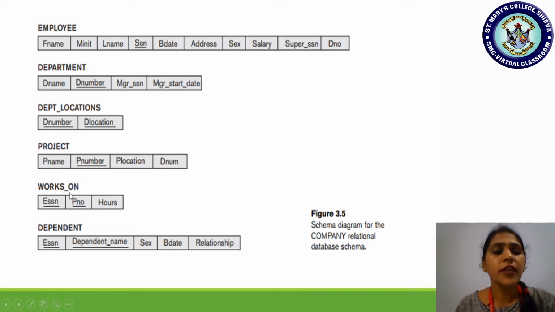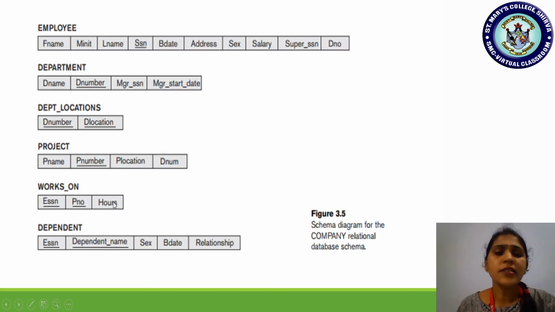Similarly, in works on, here ESSN. ESSN is a primary key of which one? Employee, SSN, right? So ESSN is the primary key of employee, but it is taken in works on. So here ESSN acts as a foreign key. And P number, project number, is the primary key of the project relation, but it is added in the works on relation. So this P number also is a foreign key here.